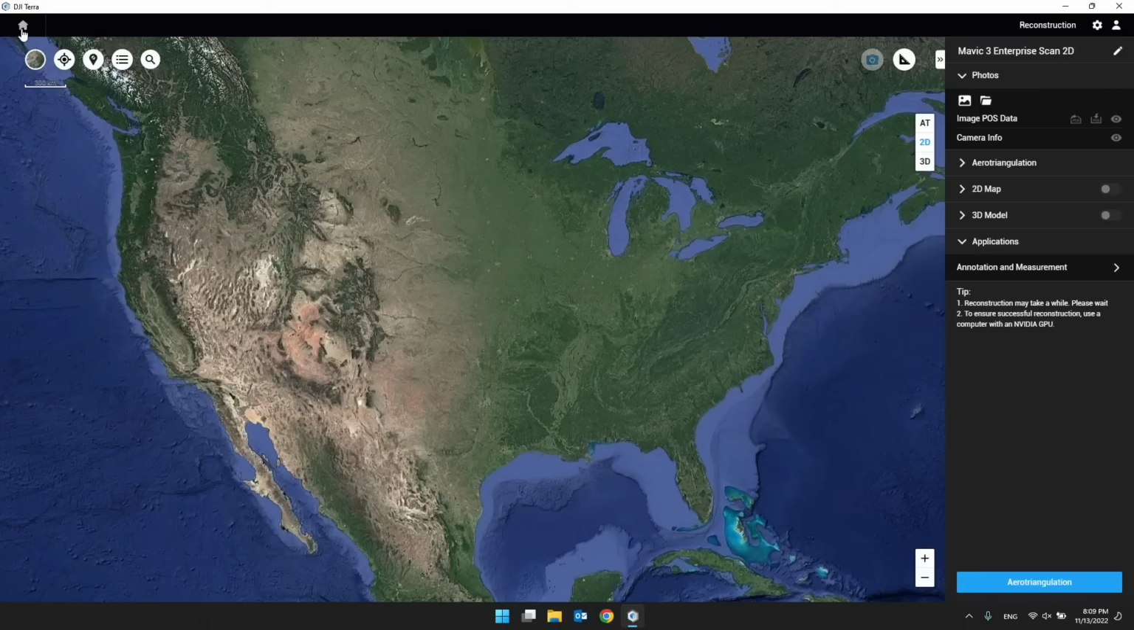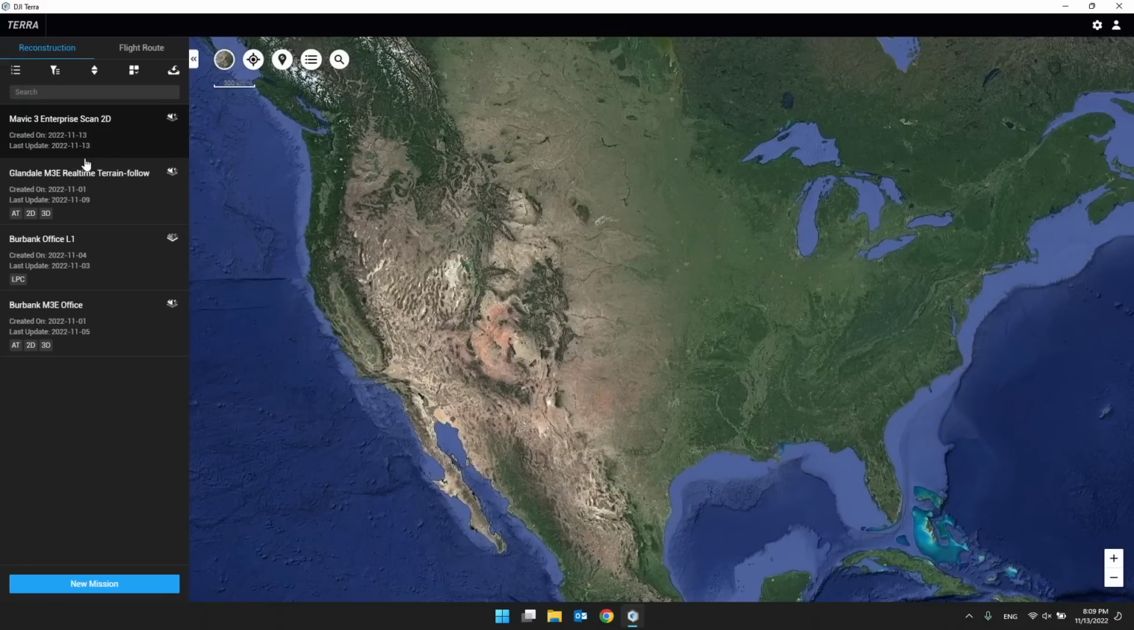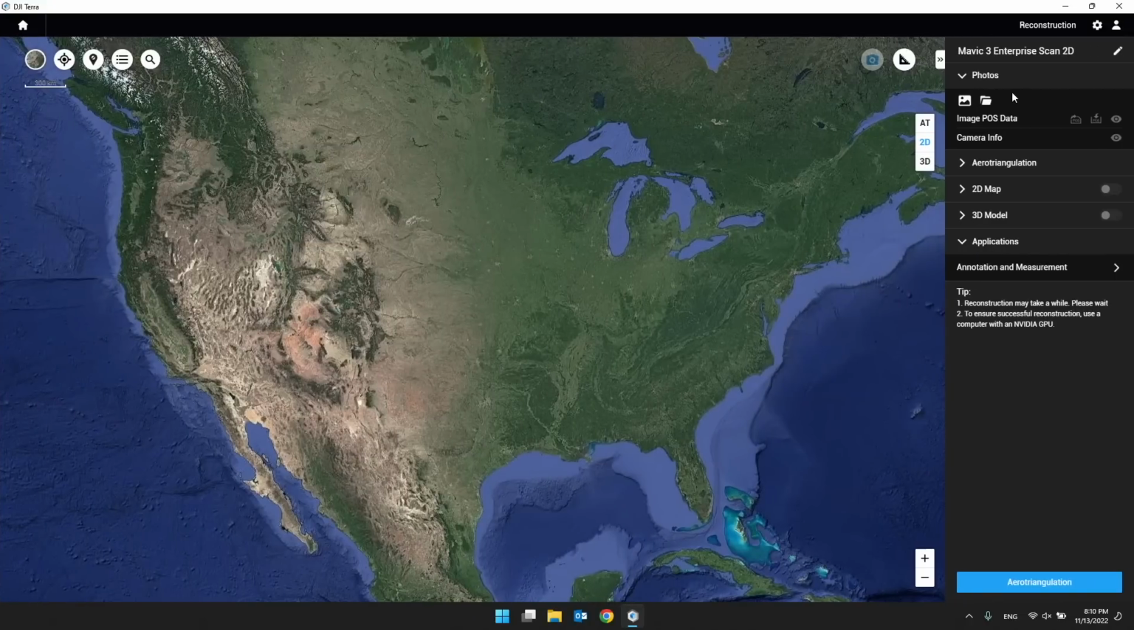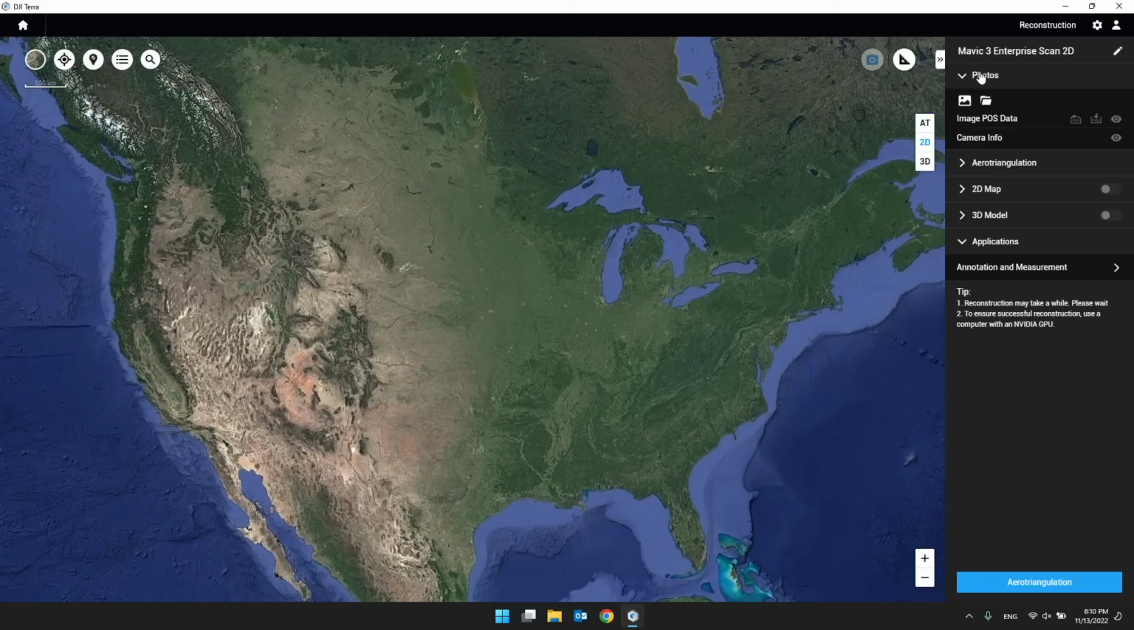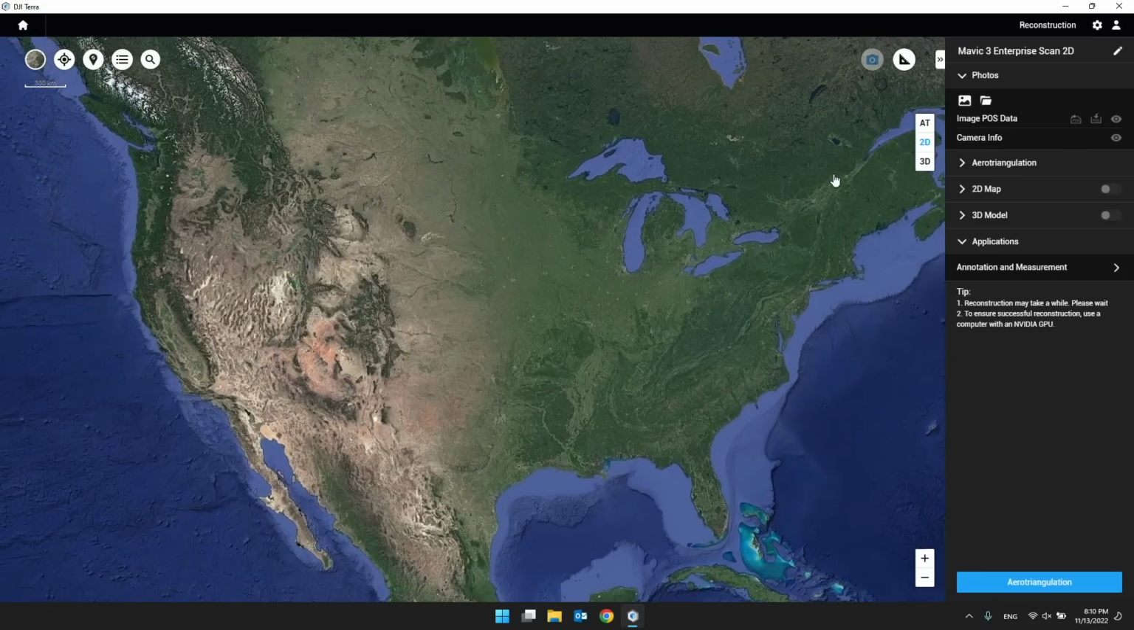So if I go back by selecting the back option in the upper left corner, I will be able to see the new mission we created. And select enter mission to go to the mission settings. I recommend going through all the mission settings one at a time from top to bottom. So the next step is to go to this photo section and start importing your data, which in this case is photos. We can select add photos